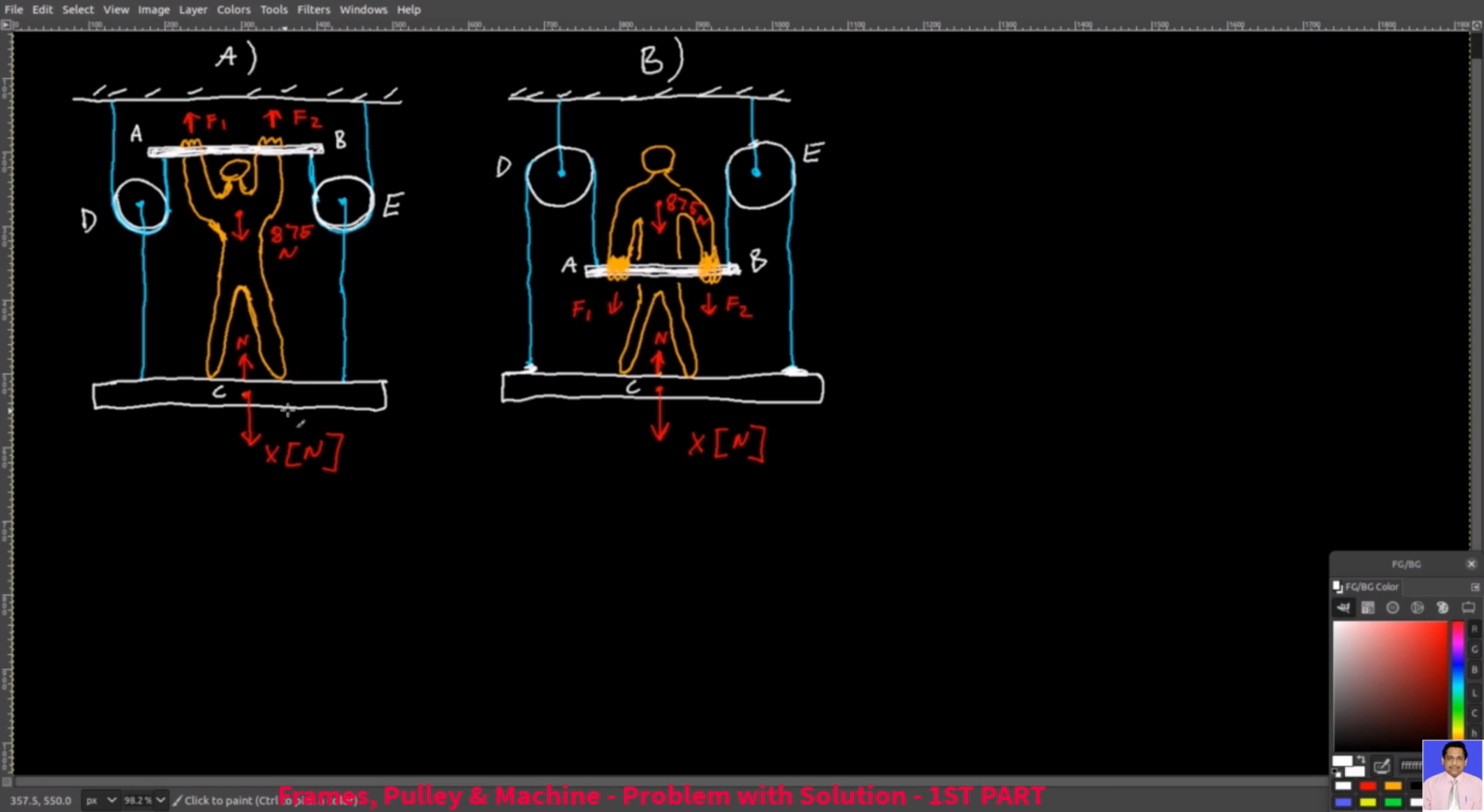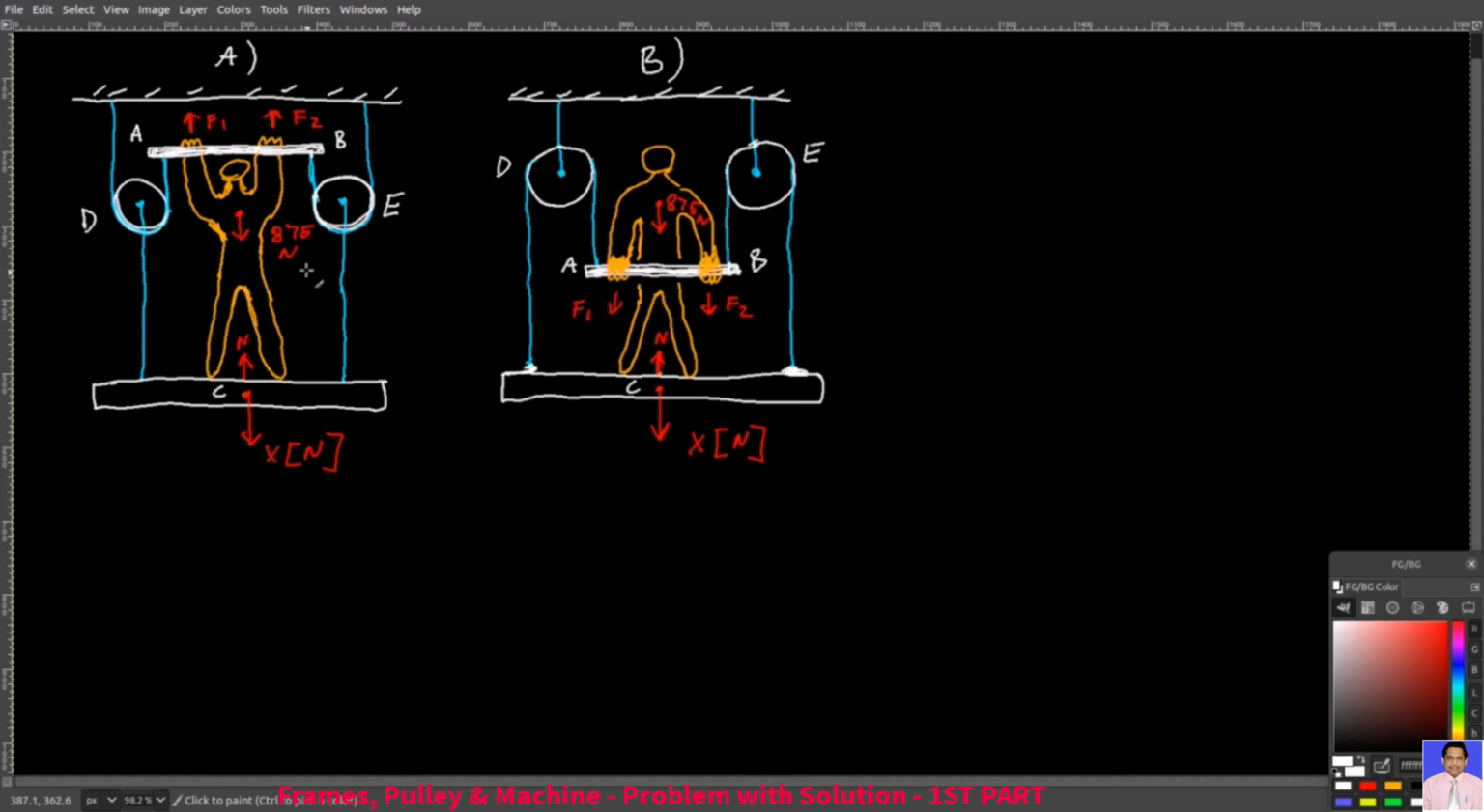Its center of gravity is in the middle of the platform. A guy whose weight is 875 newtons is standing on the platform. The platform also applies normal force to the guy. In order not to slide down and keep the system in equilibrium, in the first case, case A, the guy